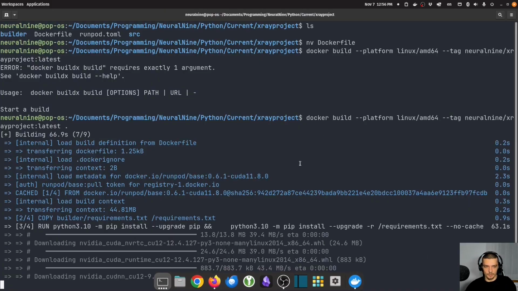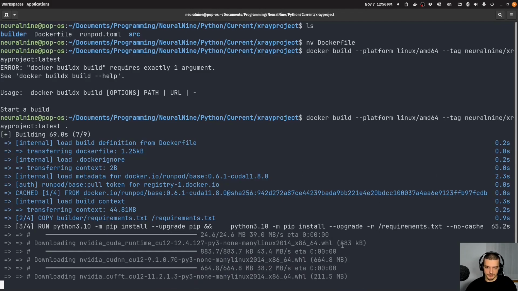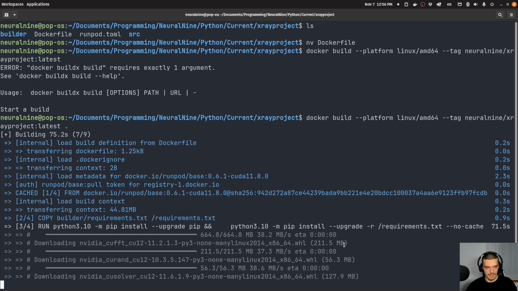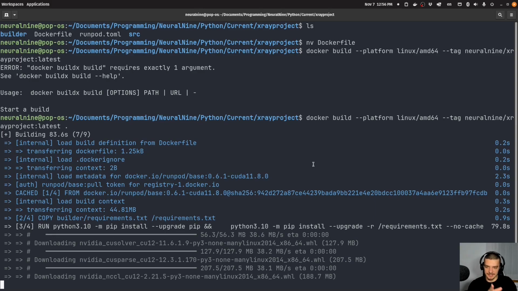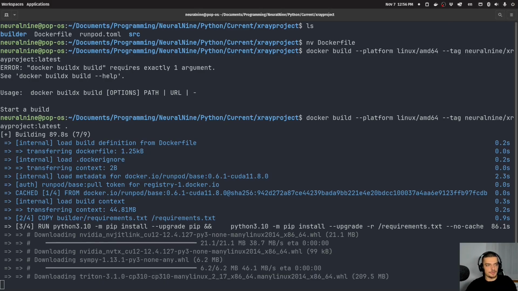But you can only do that once you've uploaded this. So we're going to wait for this to build, then we're going to push it, and then we're going to pull it over to the serverless endpoint. Instead of skipping this, we're going to actually start working on the Flask application. We can use this time, and we're going to do that